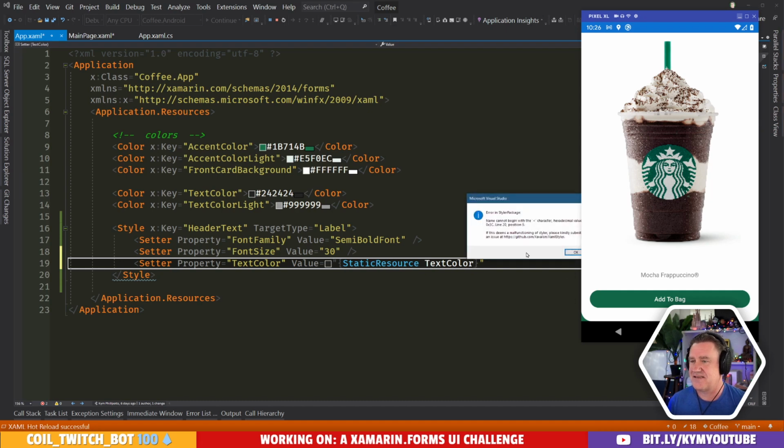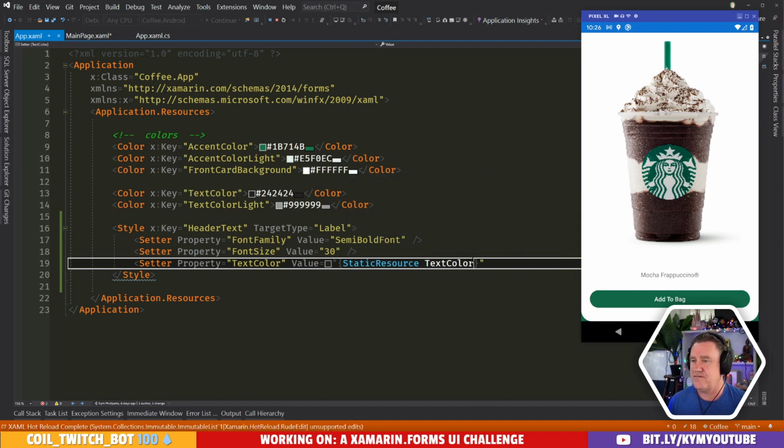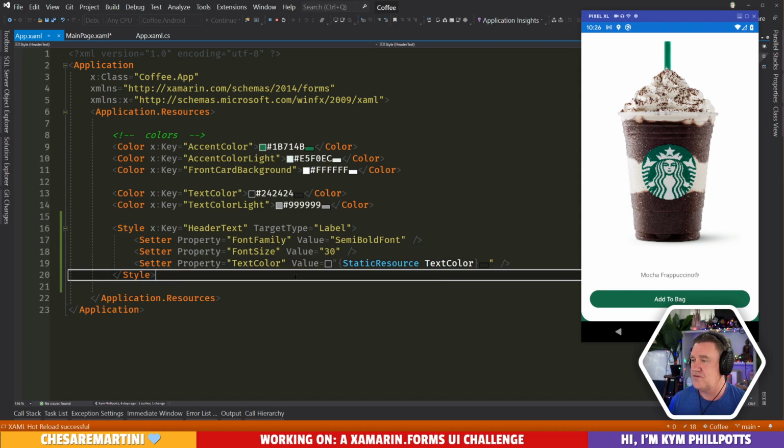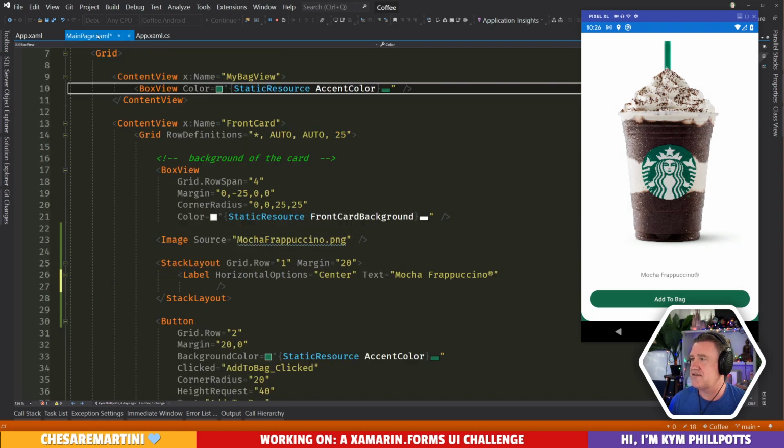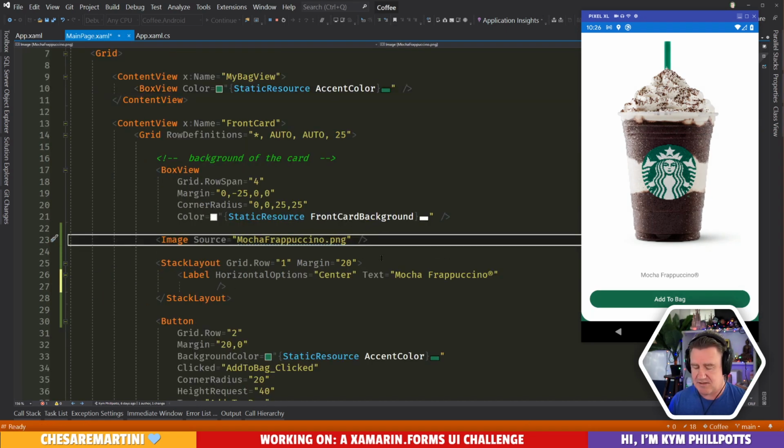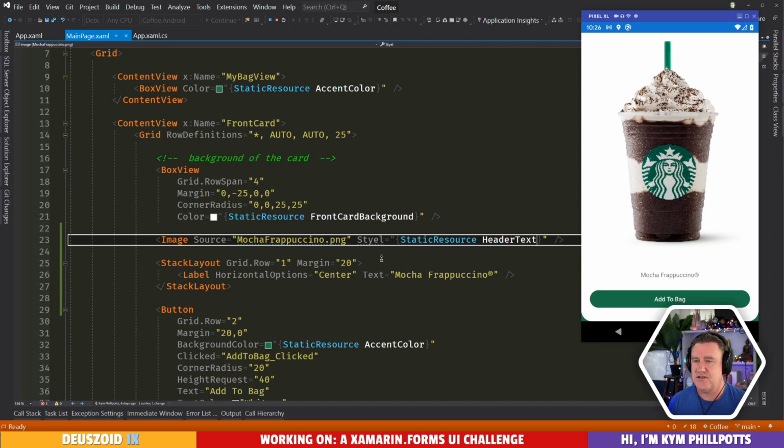Let's put a text color in there, and I broke it. Alrighty, so we got header text. Let's come back over here. Let's say the style of this equals. Use a static resource because I don't think we're going to be changing this. Yeah, that didn't work very well. Can't spell style.